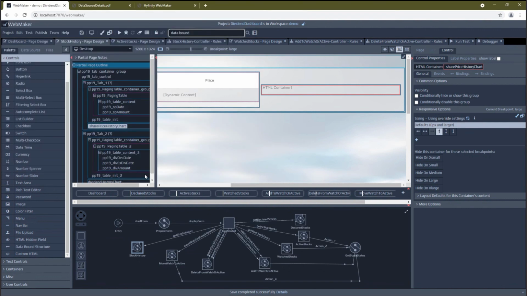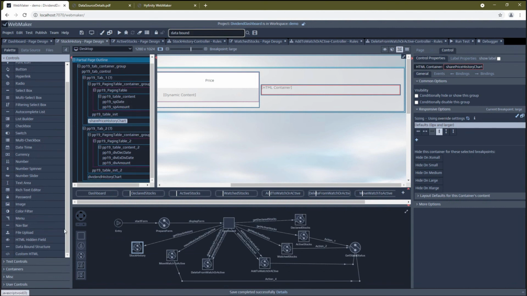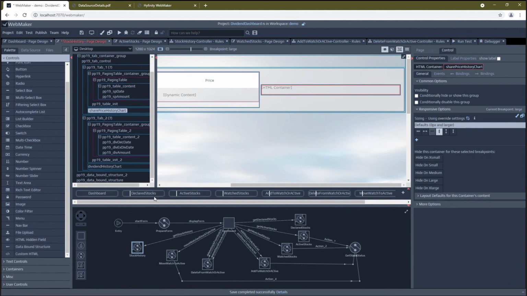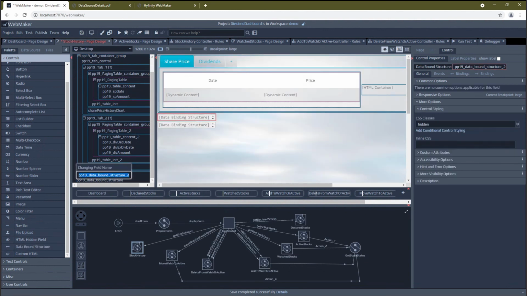So what we'll do is we'll use two of these data-bound structures, one for each set of data. So rather than having one big structure and then we have to pull out the information, we'll just create two of them and bind each one to the relevant sets of our data. So I can drag that on. So we've got those on here. So if we call these